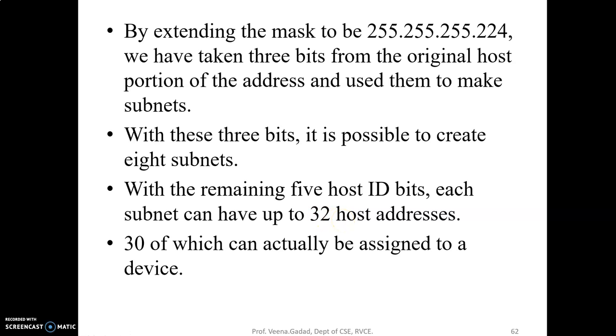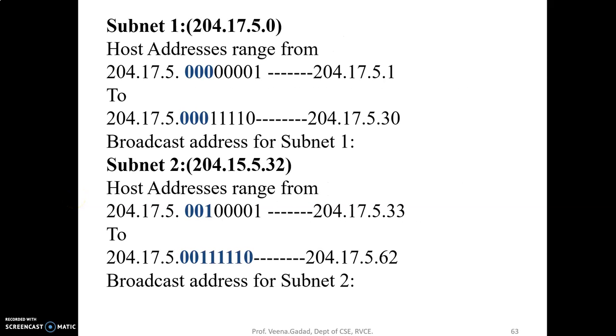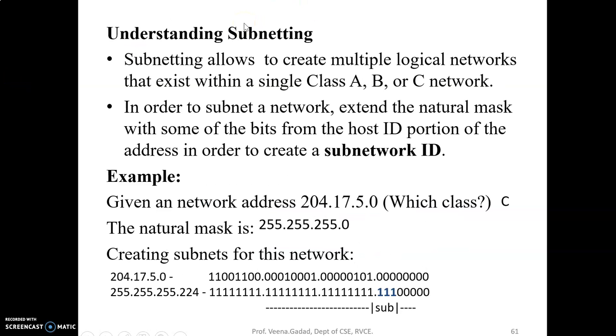As I was telling you before, we cannot use 2 addresses. Which are those? The network address and the broadcast address. So the total usable addresses becomes 30. It goes something like this. Subnet 1 has, this is the same example which has been considered. So subnet